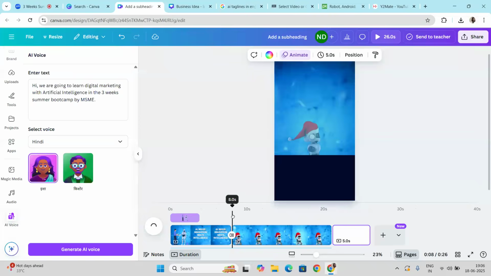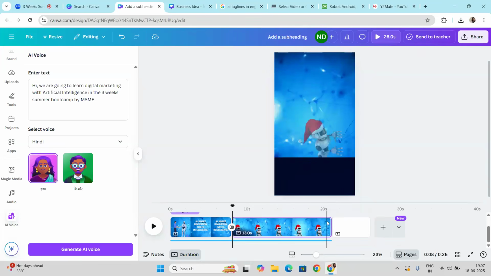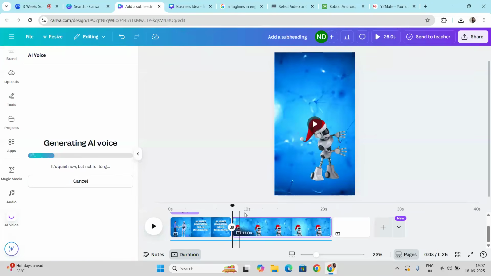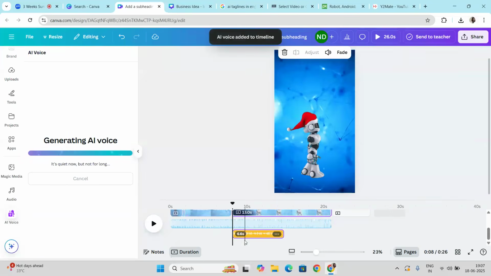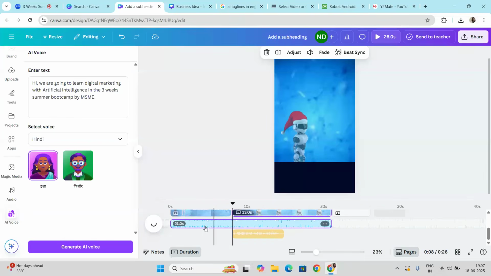I just want to add this particular voice on this second page. Now coming to that point, if you want to add any kind of voiceover on your pages and the audio as well, both simultaneously, you can generate it from the AI voice, and by clicking on the generate AI voice button, it will be generated. If you click on the add button where your cursor is located, you can see it's automatically been added. But right now the voice is completely audible, and in that case I want the voice at the highest volume and the song at the lowest volume.